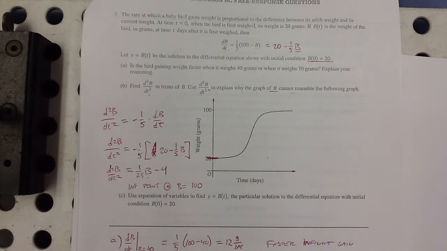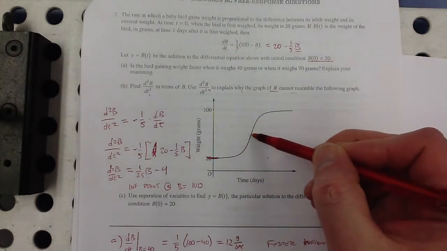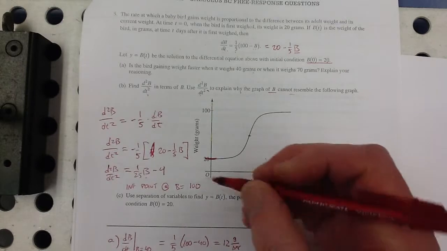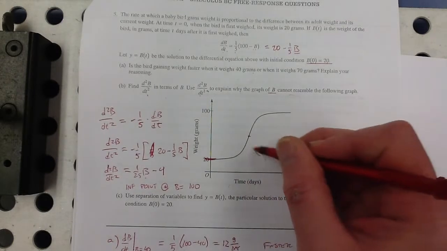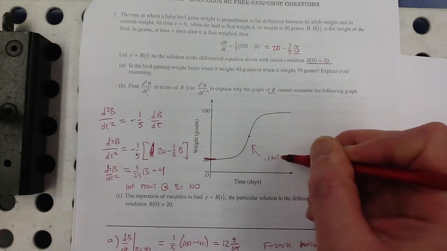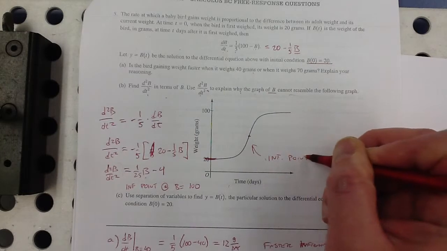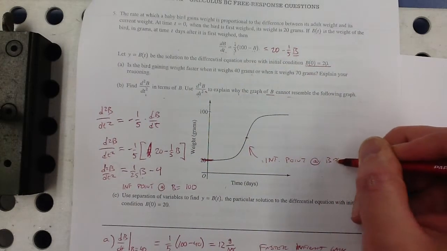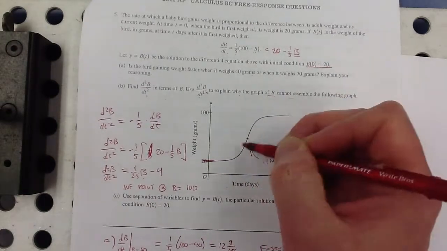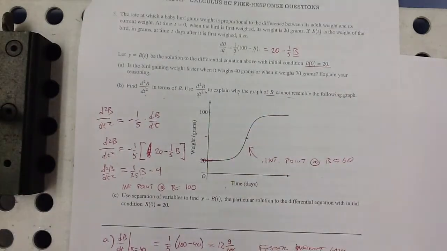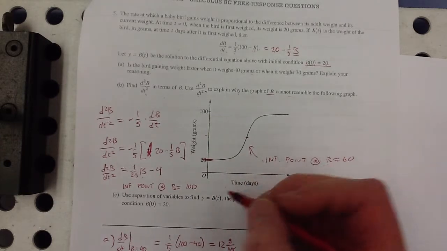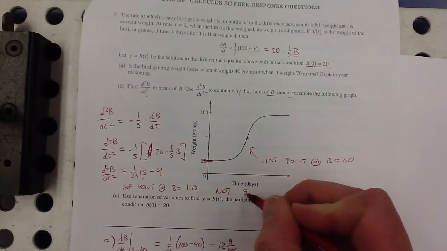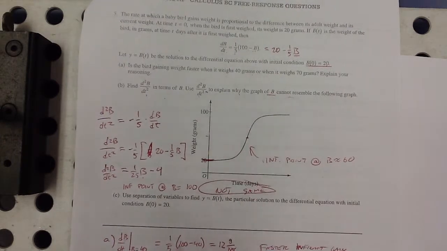right? But this graph here has an inflection point at, it looks like, B approximately 60, right? This is like a logistic one, so it looks like it's about halfway between those. So these are not the same. There's probably more than one way to justify that, but that seems pretty clear to me where the inflection point